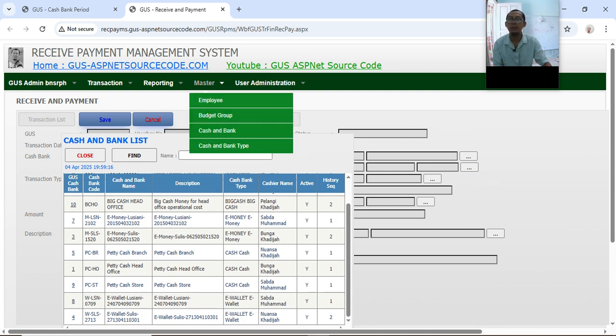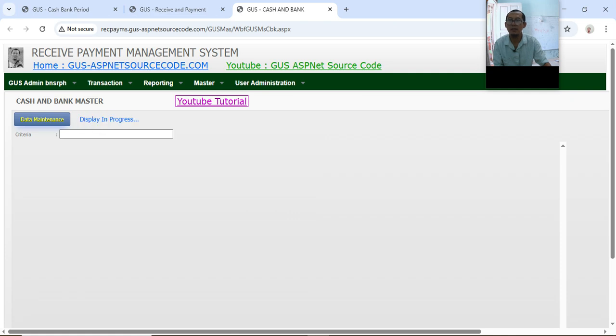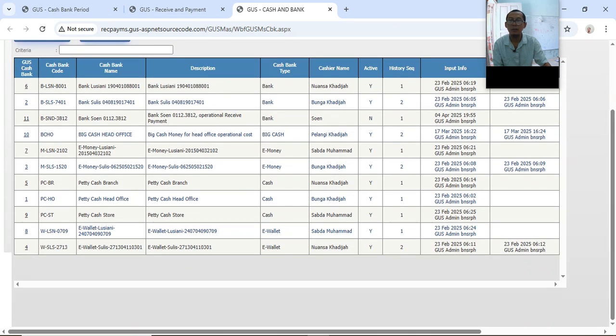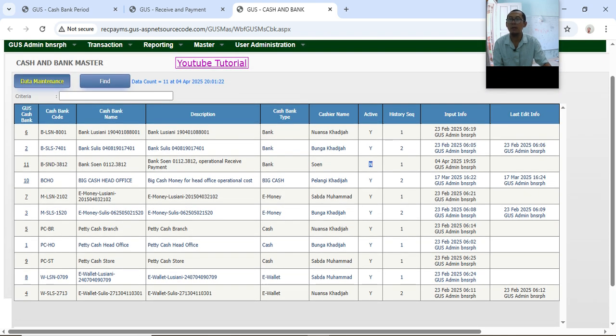Oh, I'm sorry. Maybe the cash bank status is still not active. Let's check our cash bank. Okay, let's see here. Our cash bank is still not active. The active flag is N, which means no. I will now try to activate it.